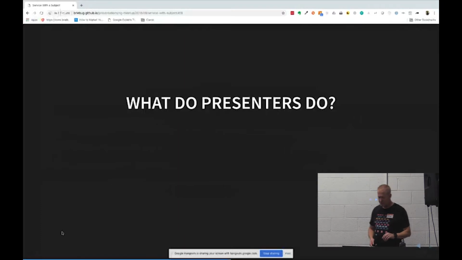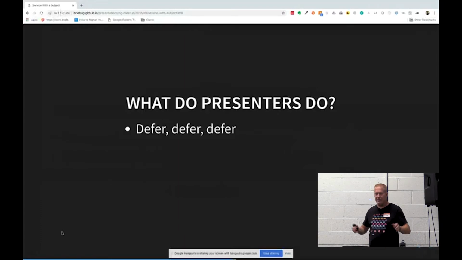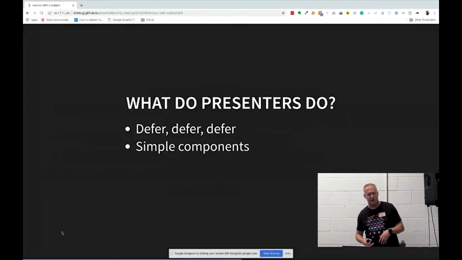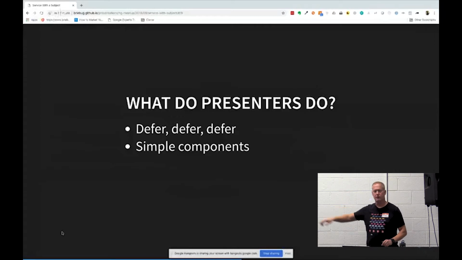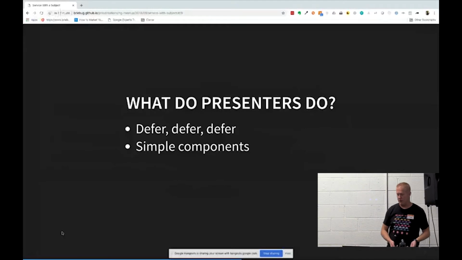The other thing that they do is they defer. What I mean by that is that they're very simple components, and instead of saying, somebody clicked on the product, I know what to do, I'll go do this, no, they defer and say, somebody clicked on one of these things called a product. I don't really know what it is, but I'll tell you about it. Here's the product they clicked on. What do you want to do with it? And they emit an event up to the container. Now the container can decide how to work with it.